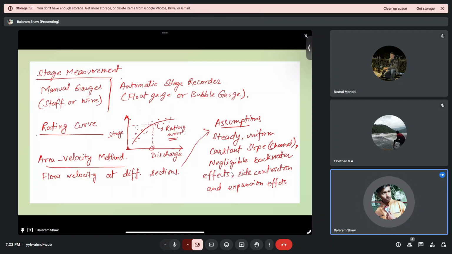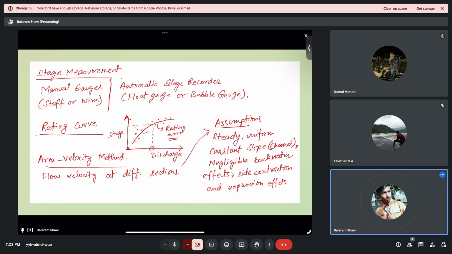So the stream shape should be constant over the section where the measurement is taken. It should not be non-uniform or unsteady. So these are the main assumptions in the area velocity method. Whenever this assumption is not valid, we can't use this area velocity method. So for measuring the flow velocity, the main thing that we use is the